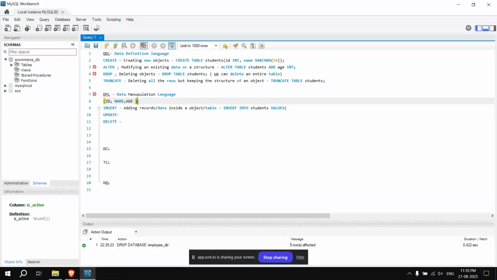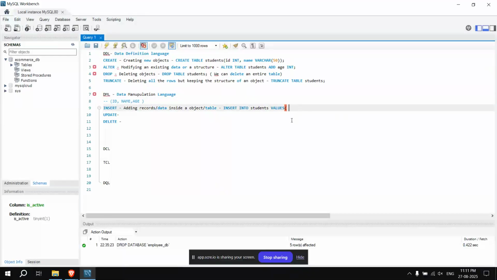Actually, I forgot how to comment this out. Okay, I commented out before, right? Actually, I got a little bit confused. So it's the ID, name, and age. We have to enter values respective to this order: ID, name, and age.